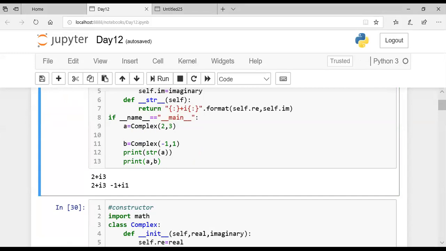If you write print and the object, it will automatically run and come. Yes, we are overriding the default str.